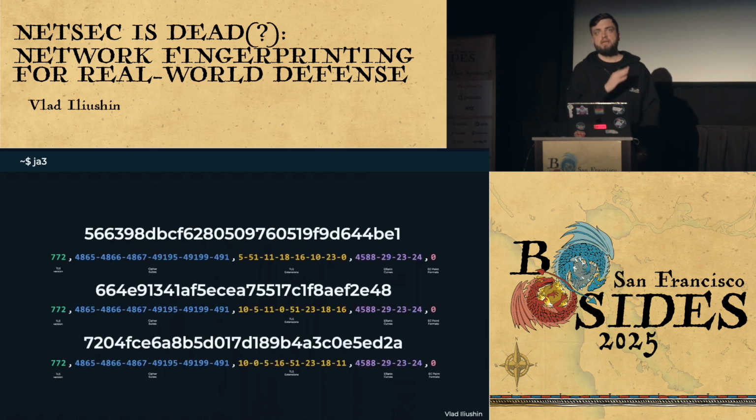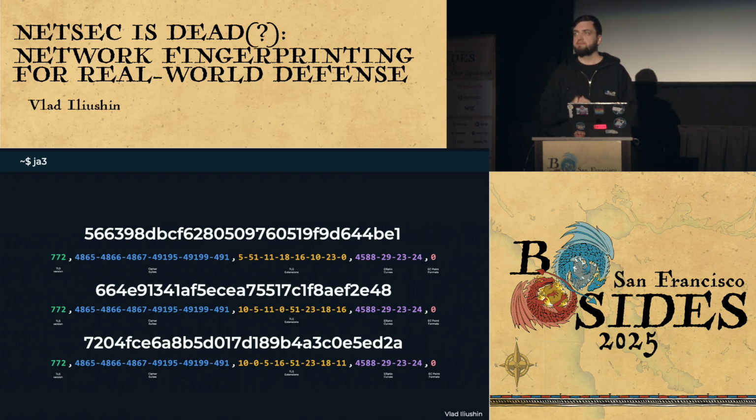With that said, here are 3 JA3 fingerprints of my Chrome browser. I gathered them just by going to a web page that gives me my JA3 fingerprints and refreshing the page a few times. And you can see that I got 3 different hashes, 3 different JA3 values, which is quite a problem for fingerprinting TLS traffic, where every time you connect, you get a very different hash or fingerprint value.